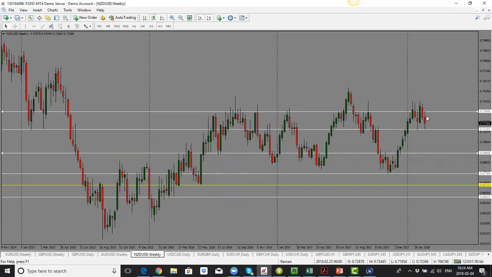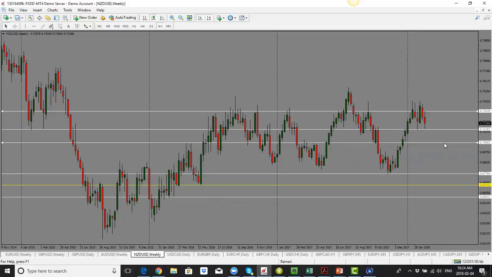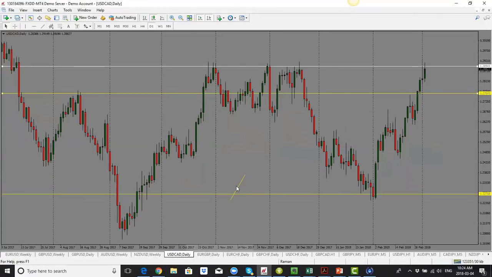New Zealand dollar here, this one is also pointing downward. We have come into support. So again with this one as well, I would be looking for pullbacks. We could go all the way to 73.50 and then a drop, but the bias still remains to the downside, and the target is 70.60. So I'm looking for a further move to the downside for New Zealand US dollar. Bias is to the downside.